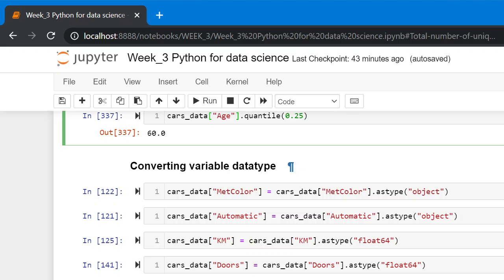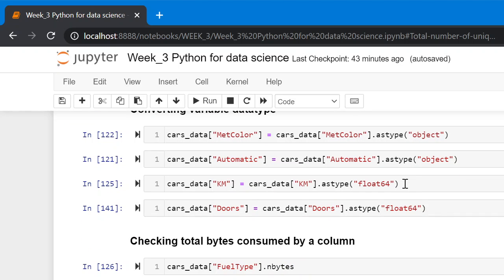Converting data types. To convert data type of a column, we can use astype method. Here we have converted MetColor column as an object, Automatic column as an object, KM column as float64, and Doors column as float64.